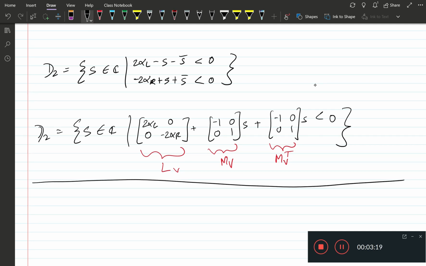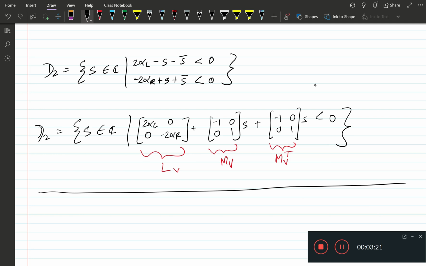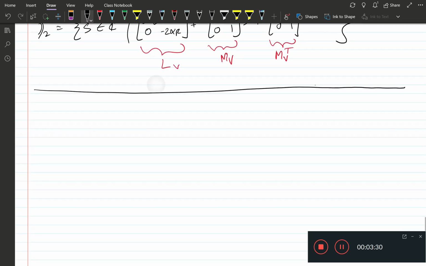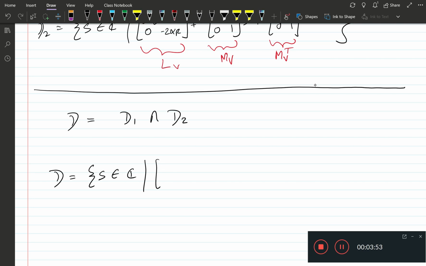Now we have characterized D1 and D2 by two linear matrix inequalities, but now we still need to build our final D, which was D1 intersection D2, and that can be done simply by just diagonally augmenting the two linear matrix inequalities. So we get D is the set of all complex numbers such that LC was 0, so we only have LV plus